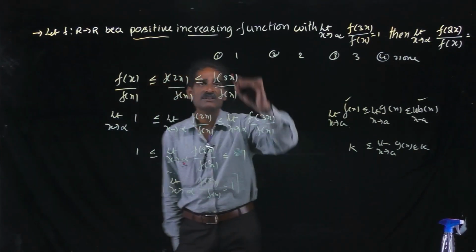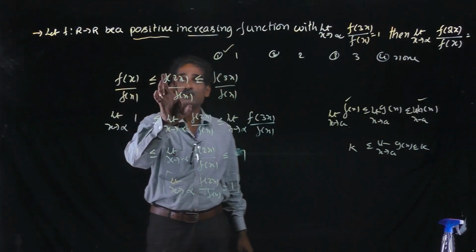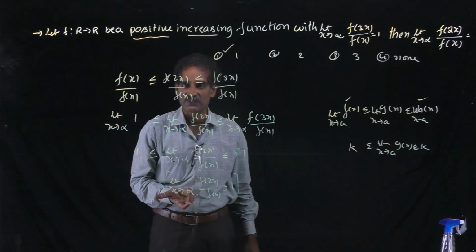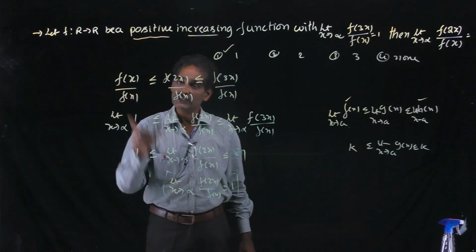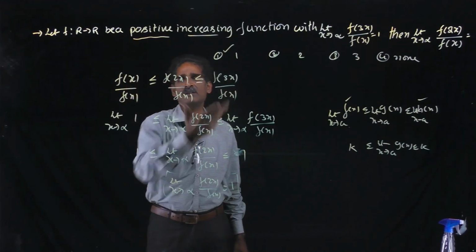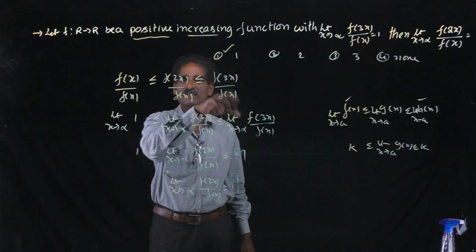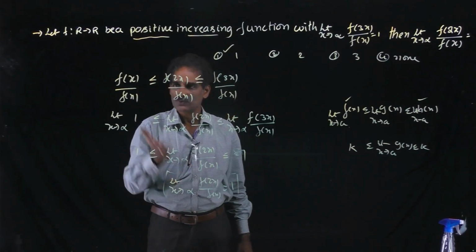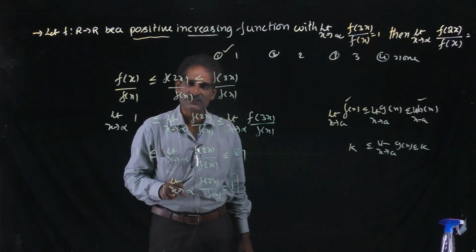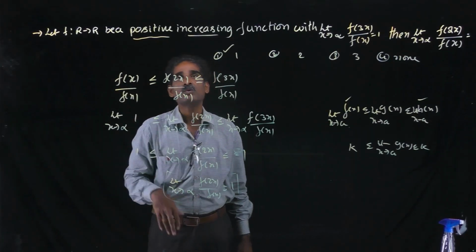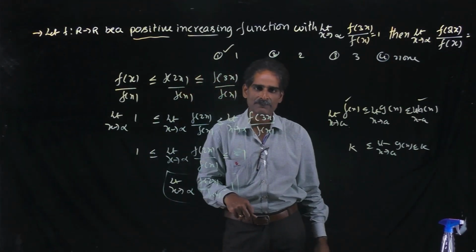Here the answer is the first option. Understand? This is possible only when it is a positive and increasing function. Otherwise you can't write this type of relation. Increasing and positive must be stated because x, 2x, 3x are increasing and positive, so the function f also maintains the same increasing relation. So this is the way to find limits for this type of function. Okay, right, thank you.